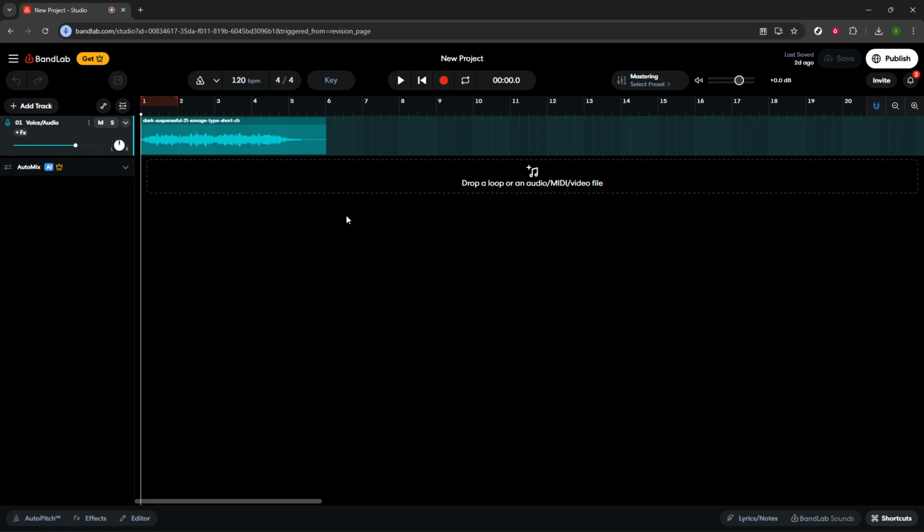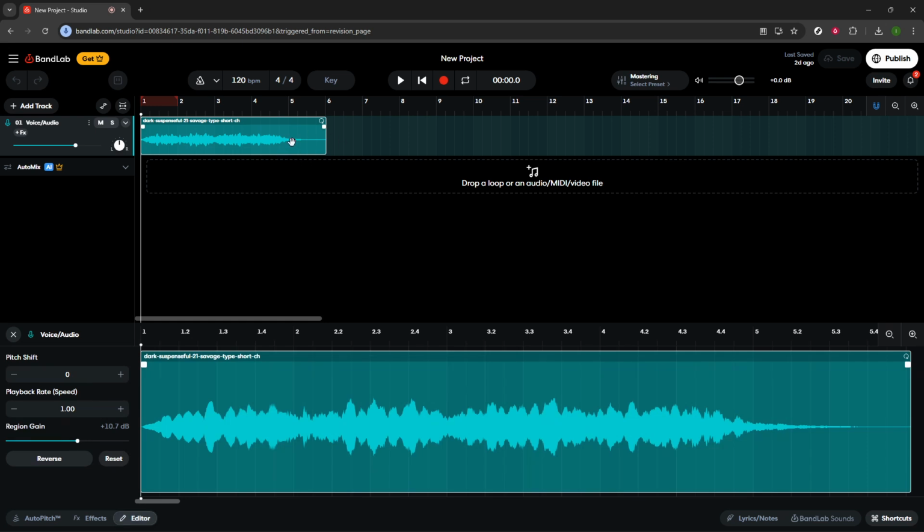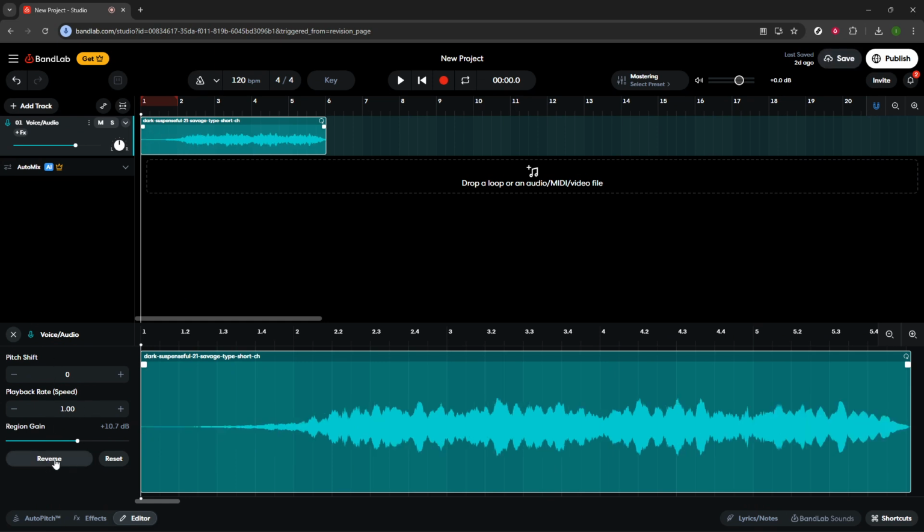Now find the specific track or loop you want to reverse. This needs to be an audio clip, not a MIDI region, because reversing works by flipping the recorded sound backward. Double-click the track or loop to open the editor. When the editor appears, you'll see detailed options for that clip, things like trimming, gain, and the feature we're here for. Click on Reverse. As soon as you do, BandLab will flip that clip so it plays from end to